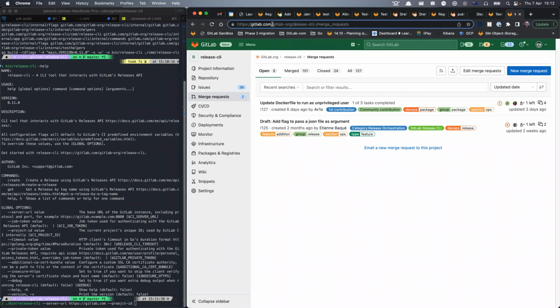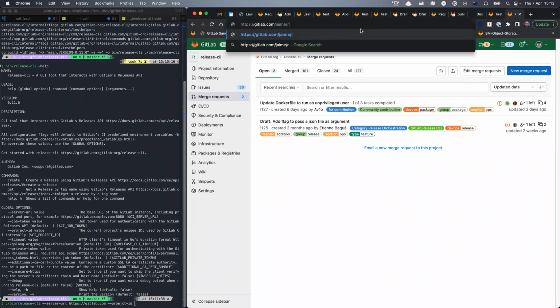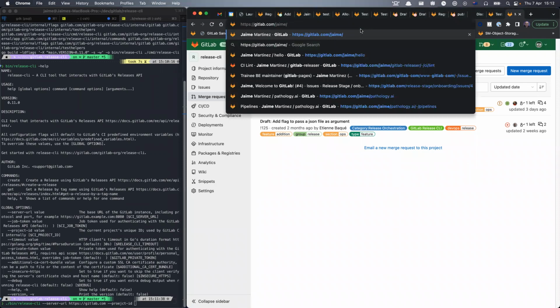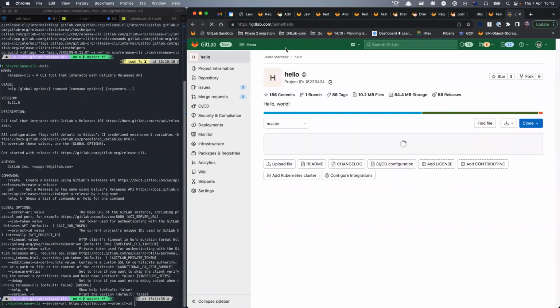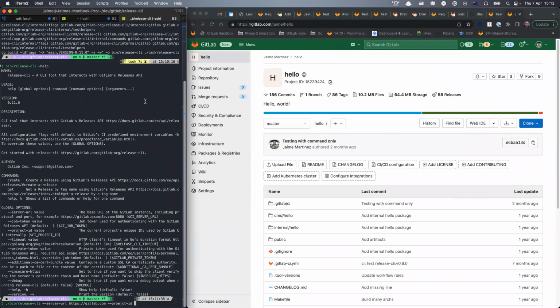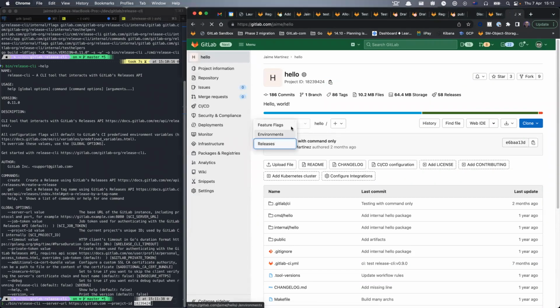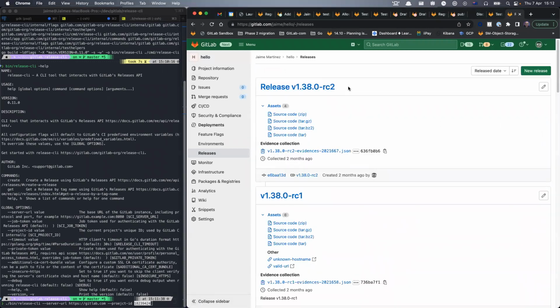I just need to get an ID from one of my projects. I think I have one. This one, maybe. Yep. Hello. And I should have some releases in here. Yep. Cool. I'll get a tag. This one. And then,